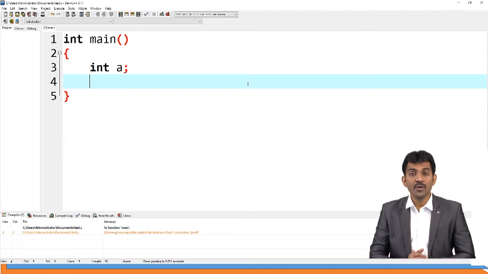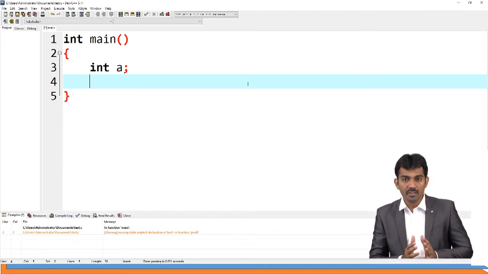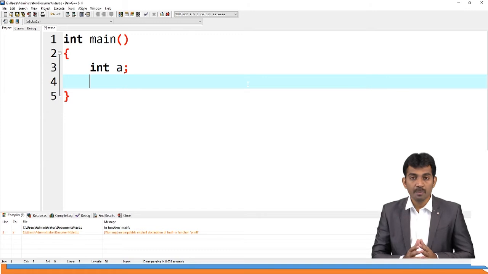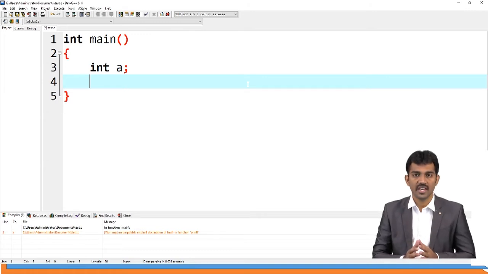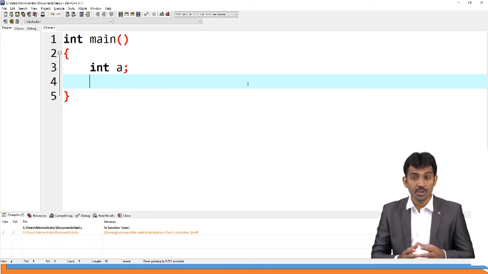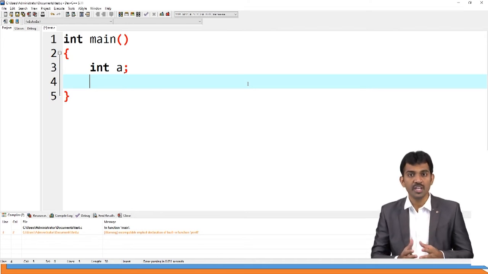Next, what are you going to do here? You are reading a number from the input and going to print it on the output. That is your task. When you are going to read a number from the input, you should use one message. It is not mandatory, but it is a good practice. You need to mention what you are going to do. Here, I'm going to read a number from the input.